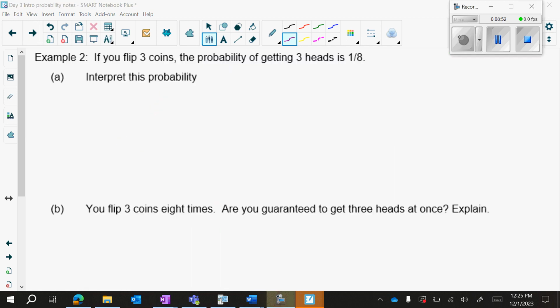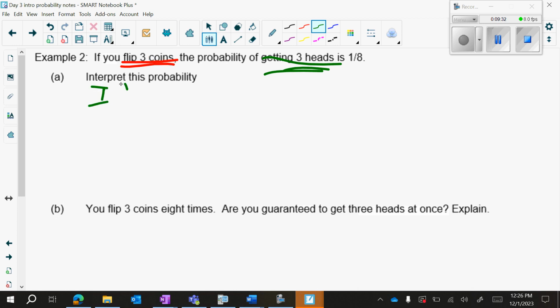Now, the reason why the tree diagram is helpful is because if you have more than one event, sometimes the tree diagram is a nice way for us to organize ourselves. So let's say I'm flipping 3 coins. This is really 3 events here, a coin flip and a coin flip and a coin flip, okay? First, it says interpret the probability of getting 3 heads if the probability is 1 out of 8. Interpreting the probability just has to do with what's happening in the long run. So we want to say if we flip 3 coins many times, 1 out of 8 of those times, we will get 3 heads.